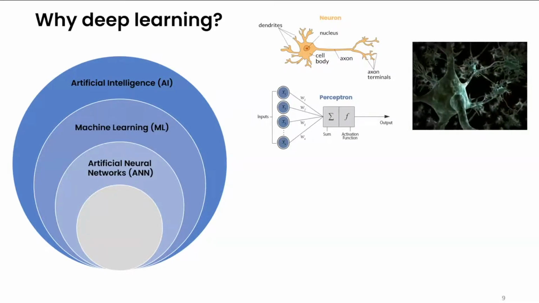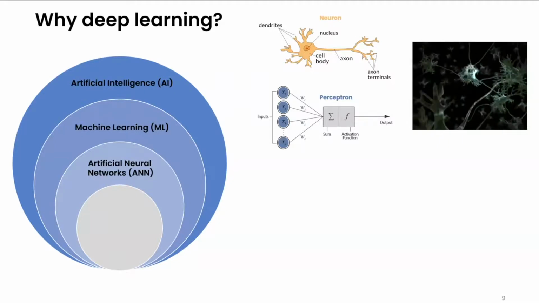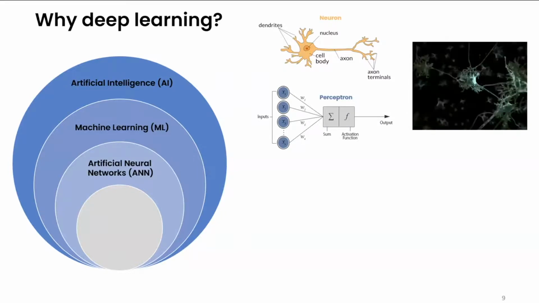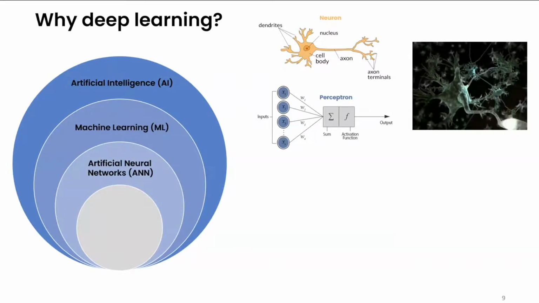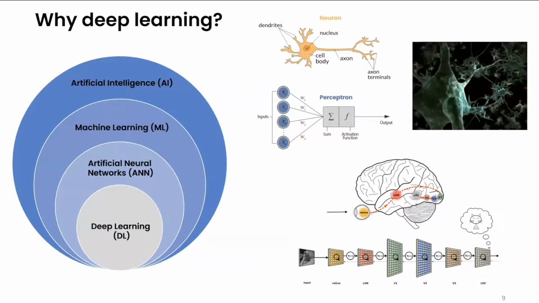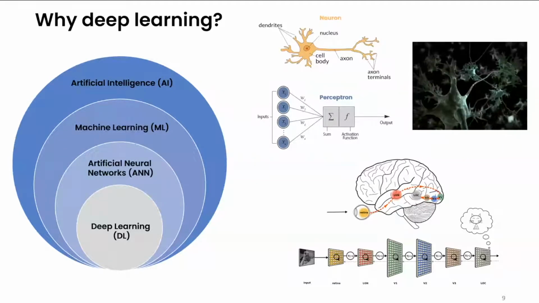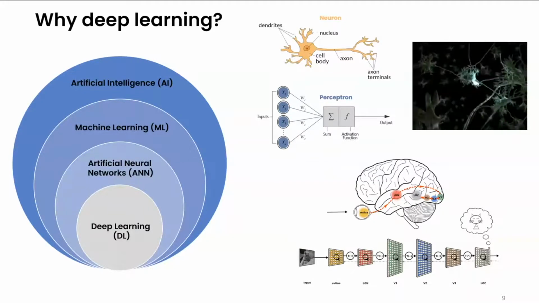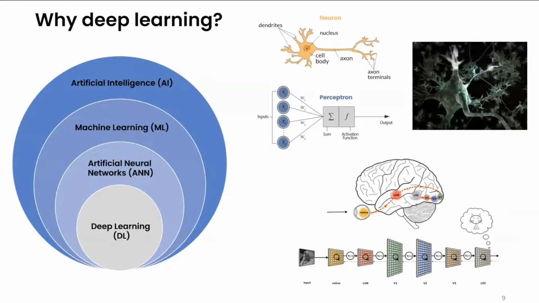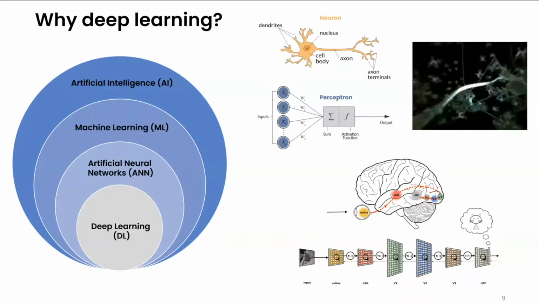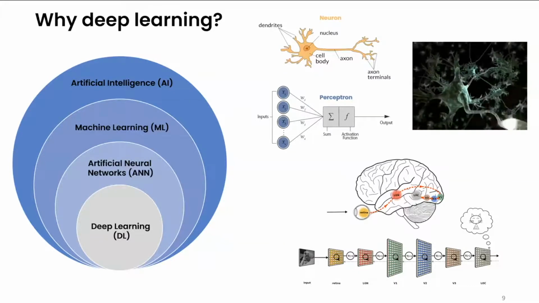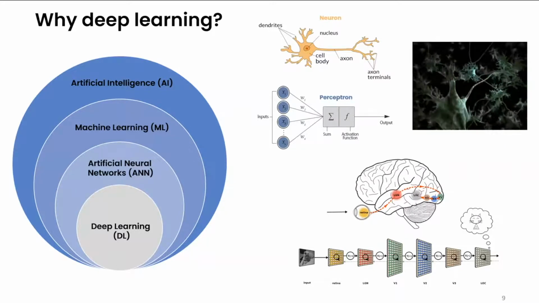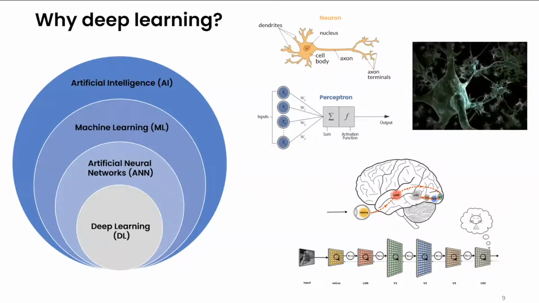In short, like the human brain, an artificial neural network is composed of many computing cells or neurons that each perform a simple operation and interact with each other to make a decision. And really, deep learning are algorithms which use deep artificial neural networks to build a hierarchy of data representations. Here, deep is a technical term. It really refers to the number of layers in a neural network. People call it deep when it's over 3 layers. In fact, a lot of deep learning used today uses hundreds of layers in the network.